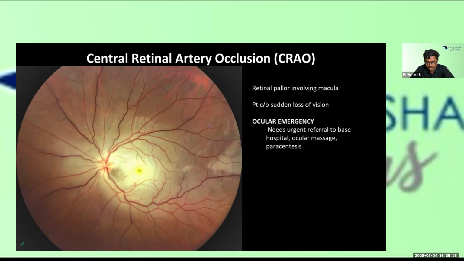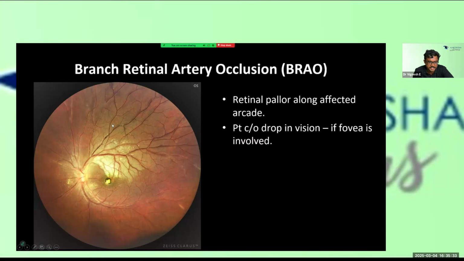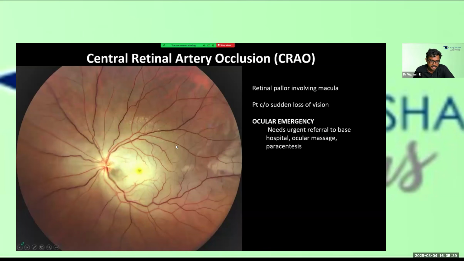Coming to a central retinal artery occlusion. So here in branch retinal artery occlusion, we saw that only the affected area is pale. The rest of the retina is predominantly normal. In a central retinal artery occlusion, almost the entire retina is pale. I hope you are able to see the pallor and appreciate the pallor, because if you see this fundus image